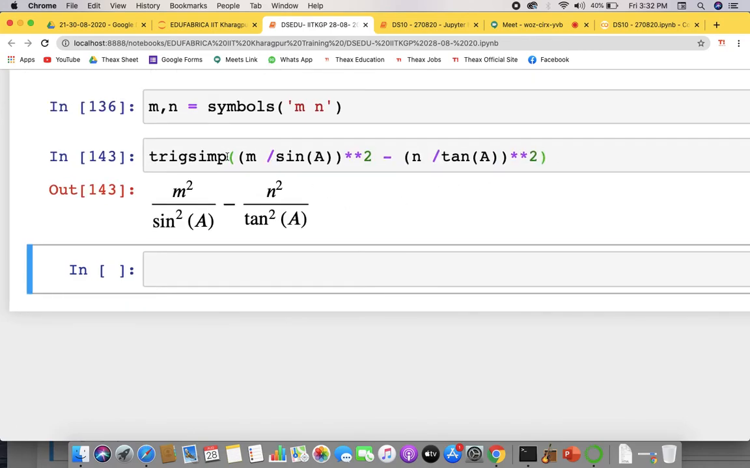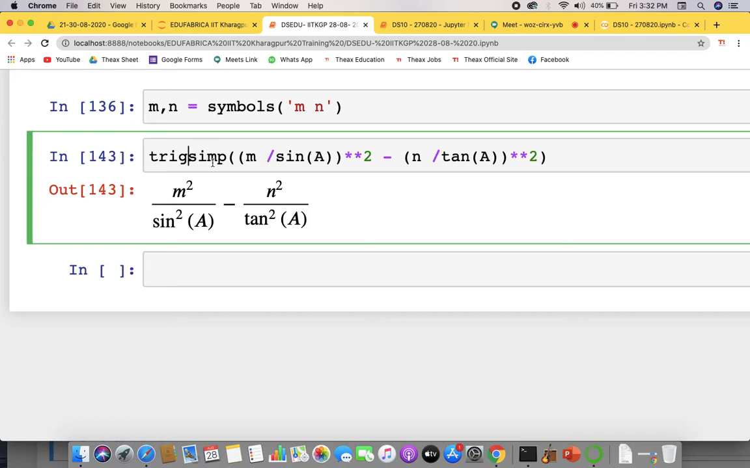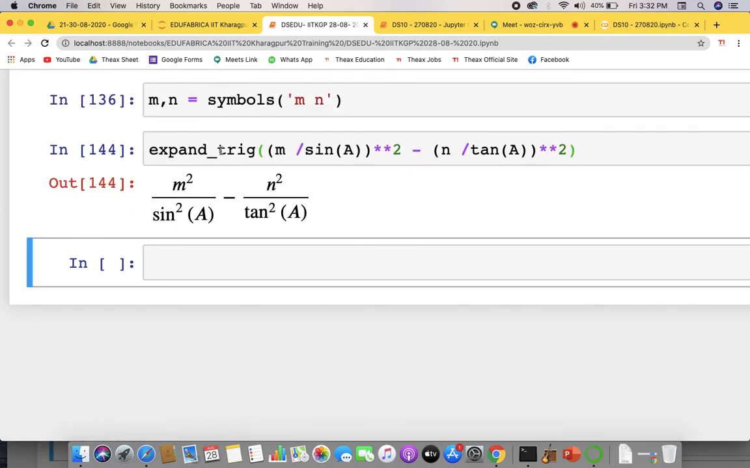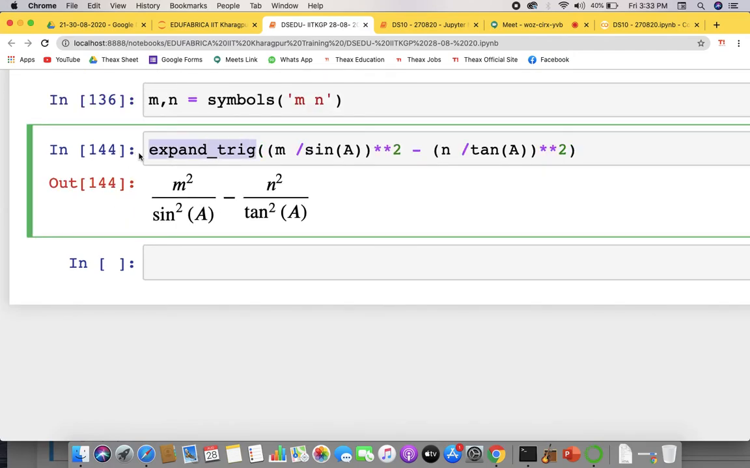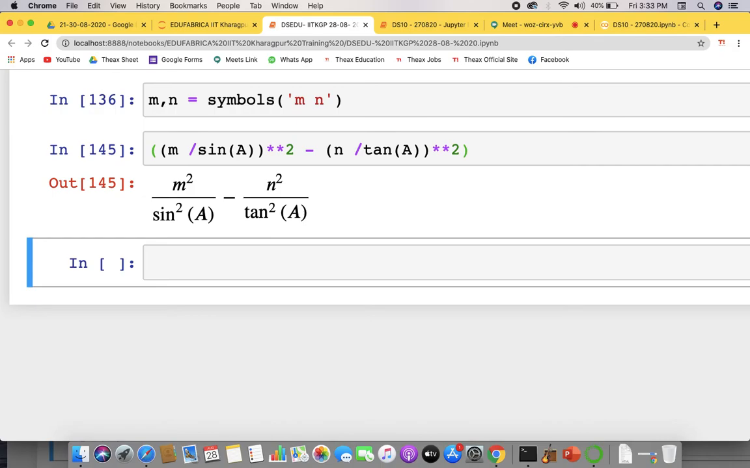No. Factorize would work. Expand. Nothing is working. Okay. Yeah. So from here, what we can do, we can write in the place of n square, the